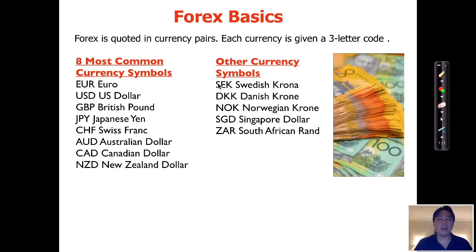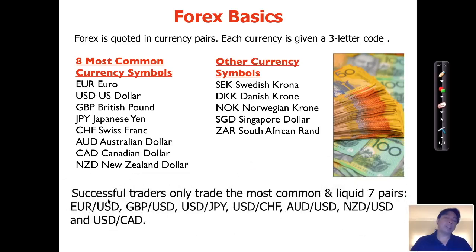All right, main currency pairs. So again, these are other currency symbols that we won't be trading. Right, at least I don't trade them. And again, the most successful traders only trade the most common and liquid 7 pairs. Now, I do trade beyond the 7 pairs, slightly beyond it. I'm going to show it to you, but these are the 7 most common pairs, which are the most liquid. They're the most actively traded, okay, highest volume. So it moves with the greatest volatility and the tightest spreads. And I'll talk about spreads in a while.